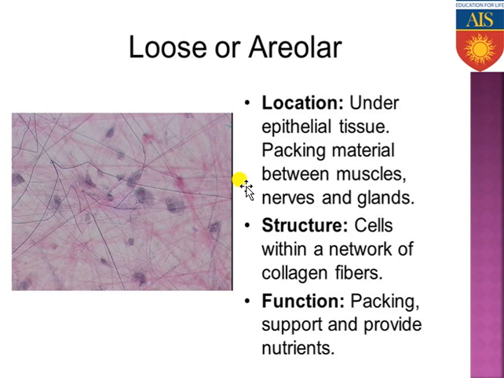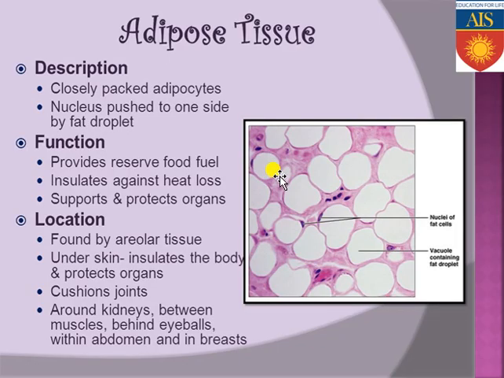of collagen fibers. In connective tissue, that is the main thing: in their extracellular matrix, fibers are present, and those fibers make that extracellular matrix a little bit liquid or a little bit dense. So due to the presence of collagen fibers in the extracellular matrix region, this specific type of connective tissue is getting liquefied. Function: it is responsible for packaging, it provides support, and it also provides nutrients. Coming to adipose tissue, it is a type of connective tissue which is responsible for storing